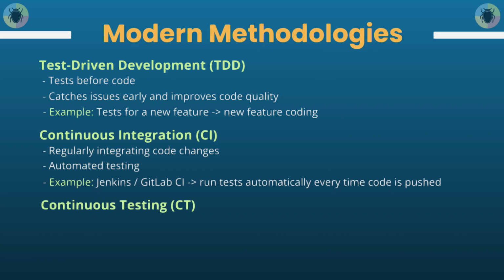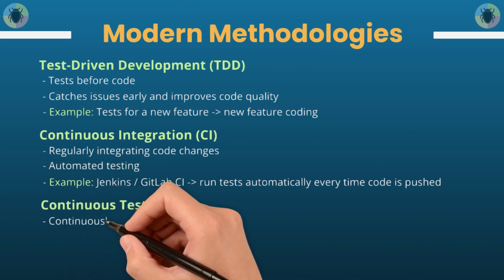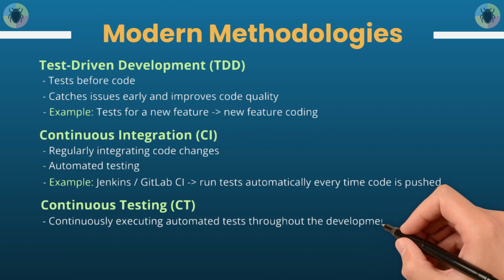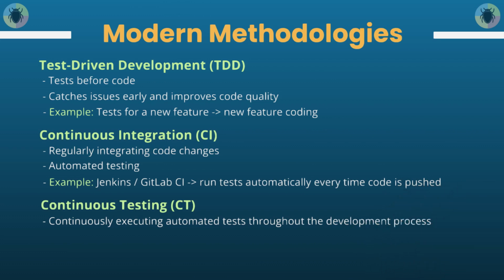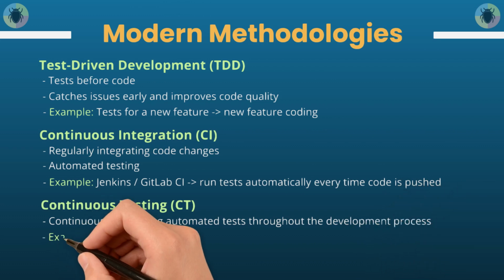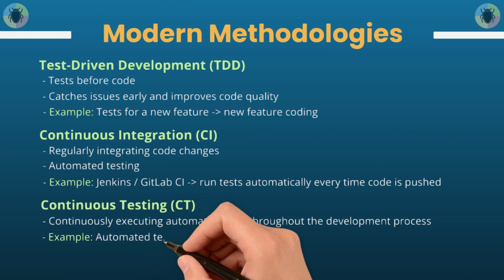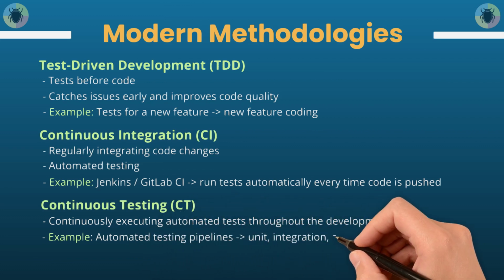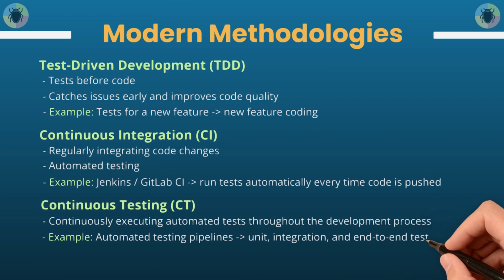Continuous testing, CT. Continuously executing automated tests throughout the development process, providing rapid feedback on code changes. Example: implementing automated testing pipelines that run comprehensive test suites, including unit, integration, and end-to-end tests, every time changes are